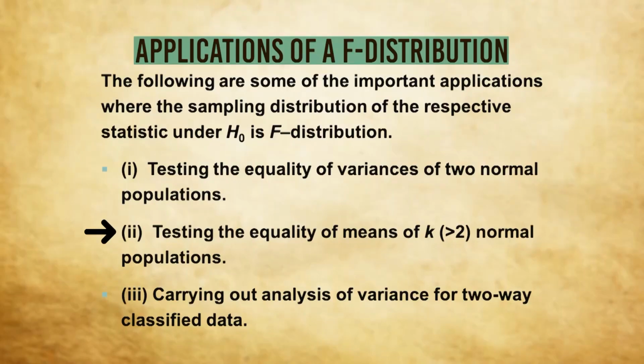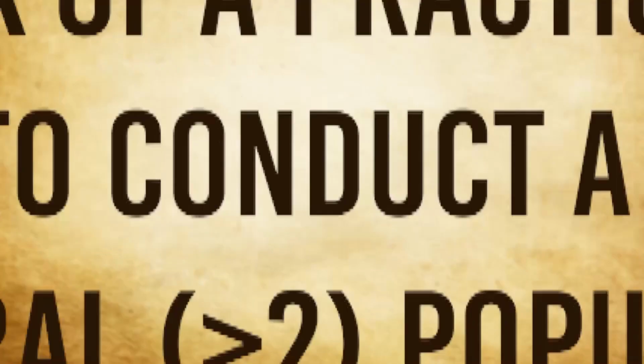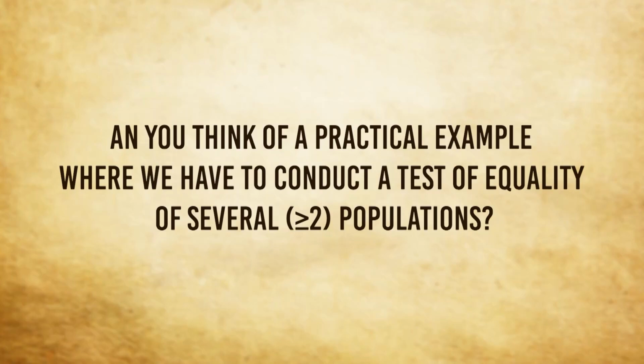Can you think of an example where we have to test for equality of means of several populations, not of two populations, but of several populations? Can you think of such a practical example? Now see, testing for the equality of means of several populations. When can it come in practice? Suppose we